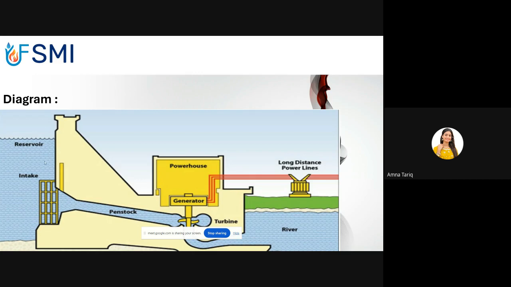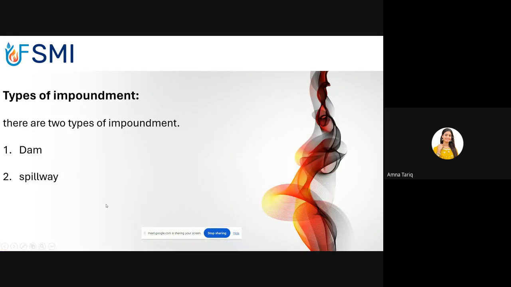So next, this is an intake. Water flows from the reservoir through a narrow passage called the intake. A screen may be used to filter. After the intake, the water passes out and then reaches a